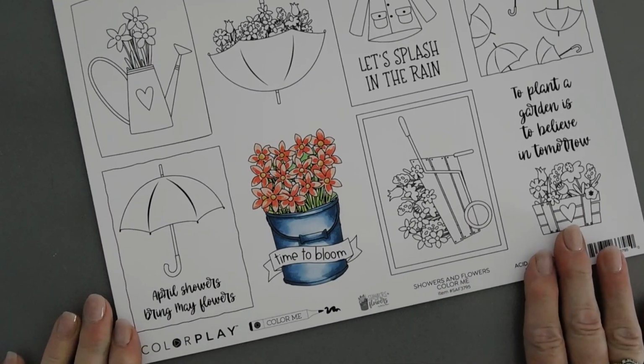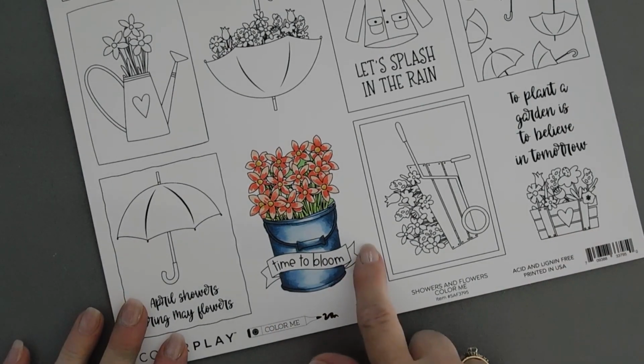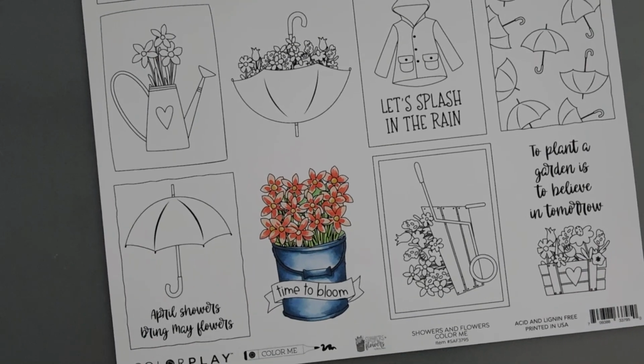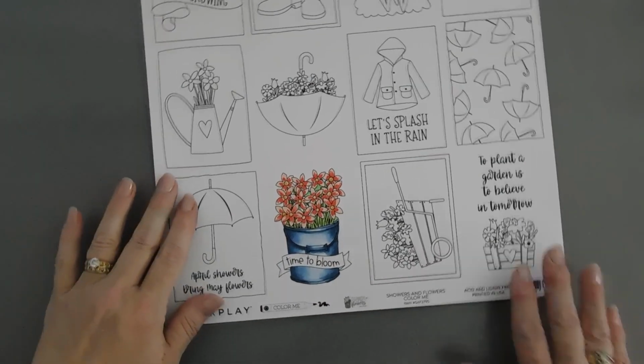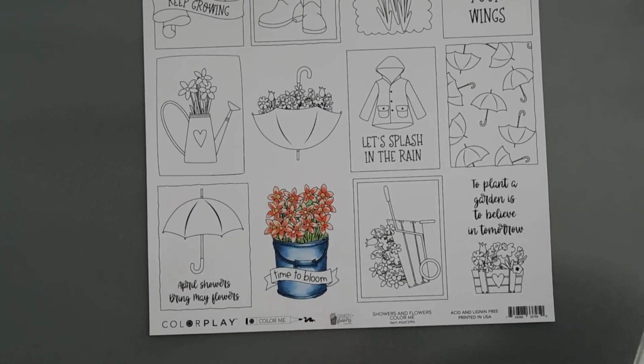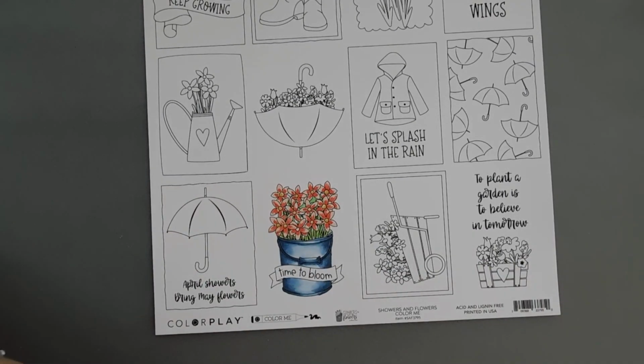My coloring is all done. Now I didn't bother coloring in our banner because we're going to actually cover this up. I'm going to zoom back out. And to cut out my image, we're going to go ahead and use our scissors and separate